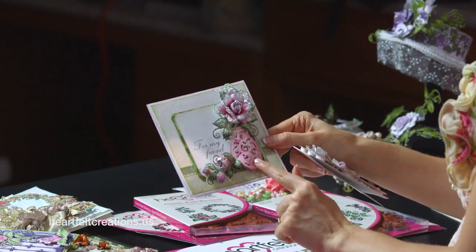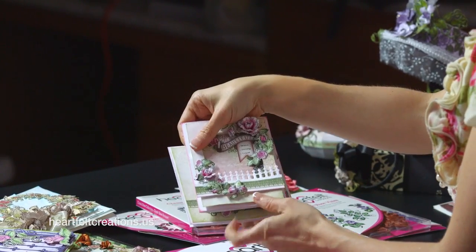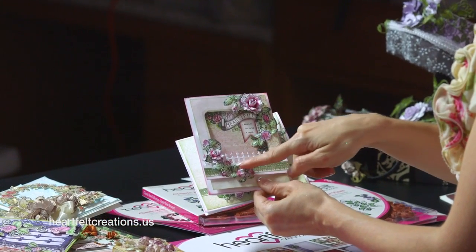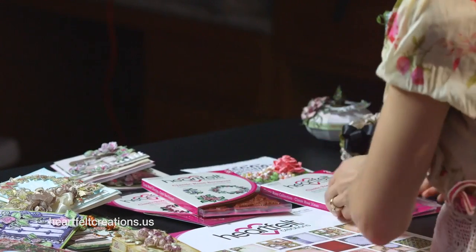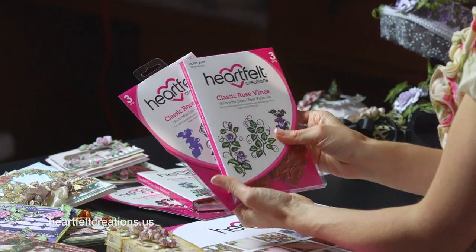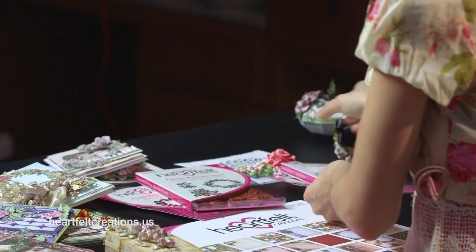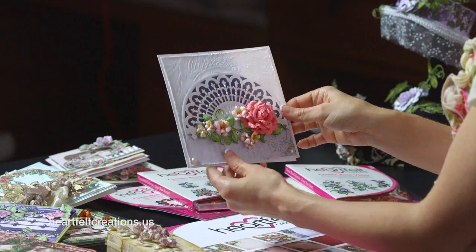This is a vase from the Sunrise Lily collection. And then this is another one where the roses are smaller but anchored with the images in the background from the classic rose bouquet. Then we have the classic rose vines. This is another beautiful background image to anchor your roses, and the stamp and die coordinate beautifully together. I have a lot of samples that I wish I could spend all day showing you and talking